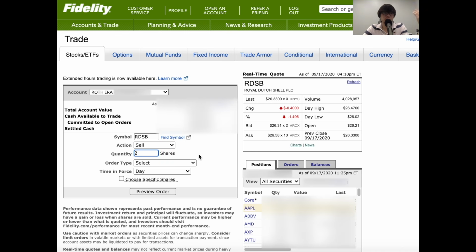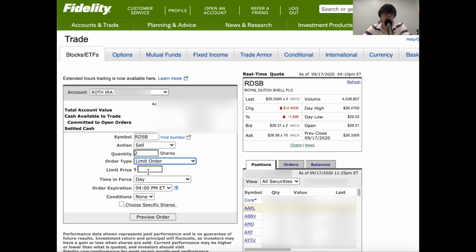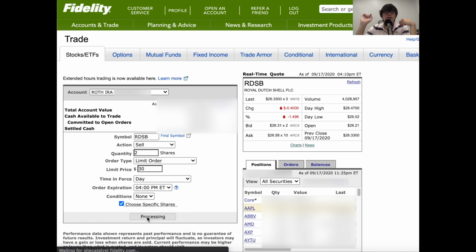But let's say I want to sell just 2 shares like before, okay? And I'll select my order type. I'm going to go with limit order and we'll just keep it the same as before, $30. And I want it to set for the day. If it doesn't reach $30 that day and I can't sell it, then that's okay. That order just cancels. Just tick that little box that says choose specific shares and you'll get taken to the